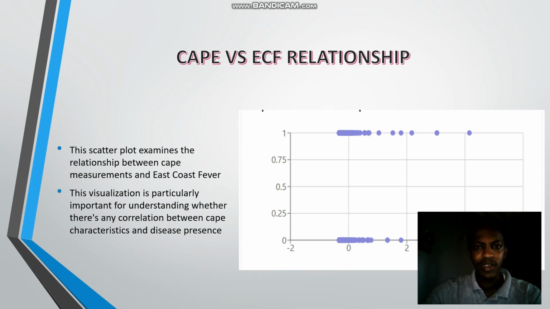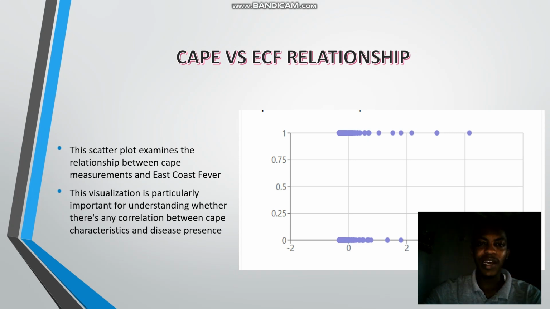Then next we are going to talk about the CAPE versus the ECF relationship, where, as we observe in this slide, the visualization, which is a scatter plot, examines whether the CAPE characteristics correlate with the ECF presence. Let me remind all of us that the CAPE we're talking about is the Cape buffalo that spreads these brown ticks that spread the East Coast fever,